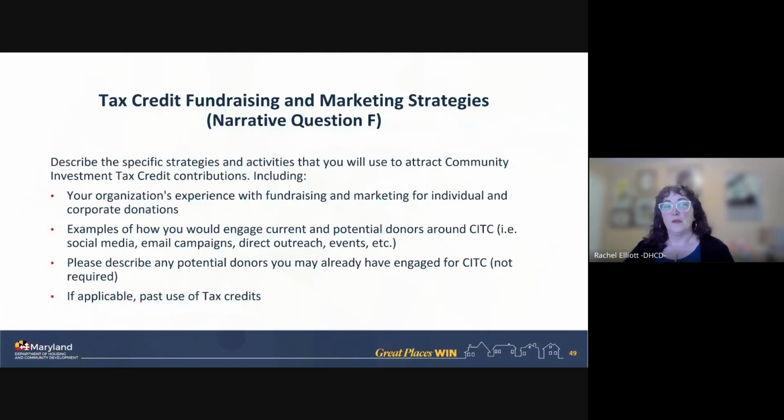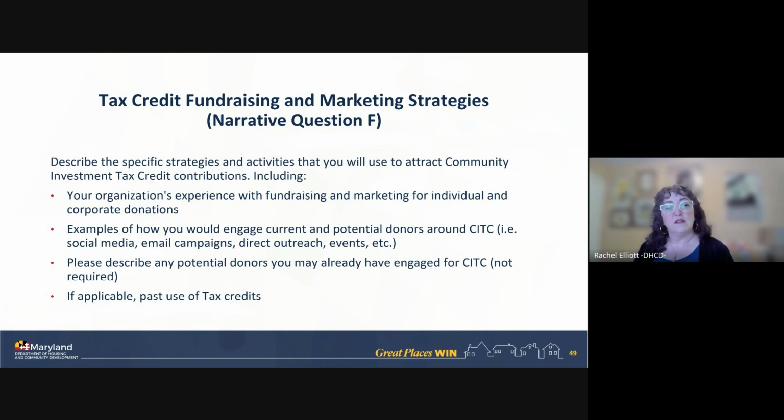Then you have to be able to raise double the amount of credits that you are awarded. Many of you who have had tax credits previously can speak about your experience using them. For those of you who don't, it's important for us to understand your organization's experience with direct fundraising from individual and corporate donors. This is a chance for us to understand how you're using this as a strategy.